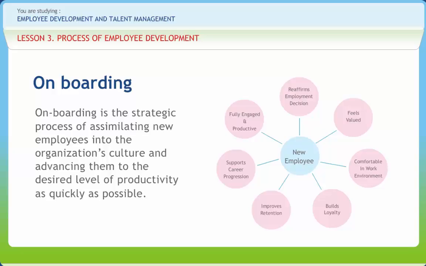It keeps the new employee engaged and excited about the organization and his or her choice to accept the position, decreases the time it takes the employee to get to the desired level of productivity, builds loyalty, ensures that the employee feels welcomed, a valuable part of the organization, and comfortable with the work environment as quickly as possible, all vital to employees' success, and it can be based on how the employee is treated the first 30 to 90